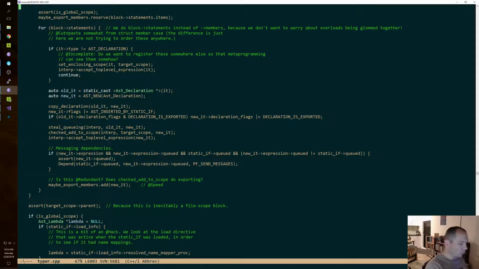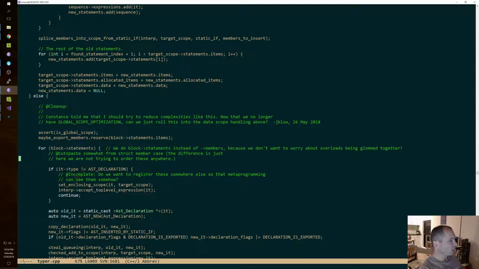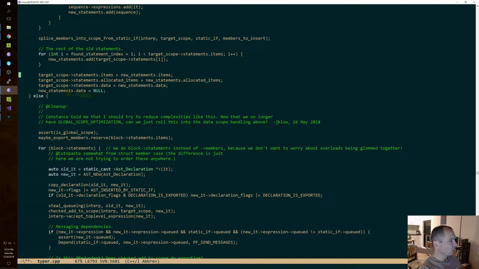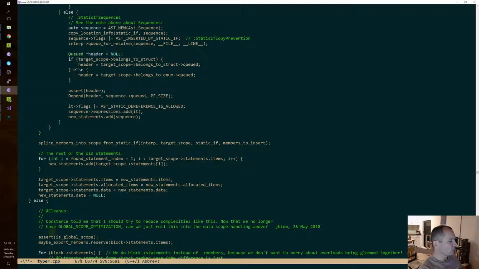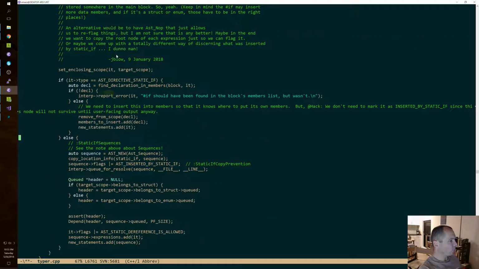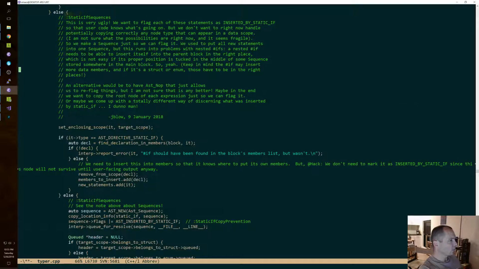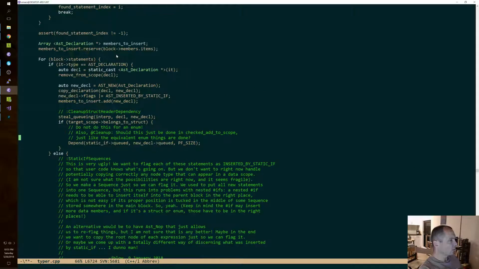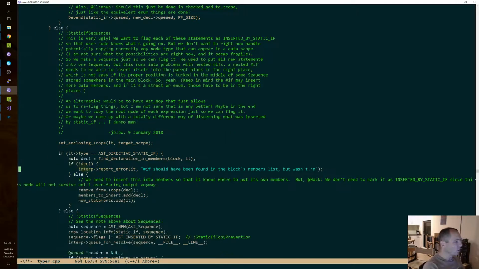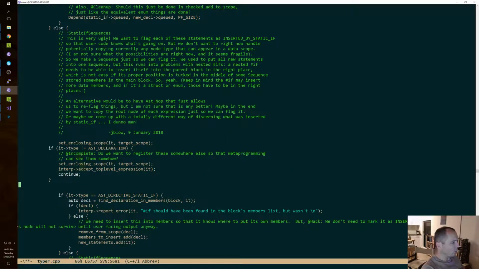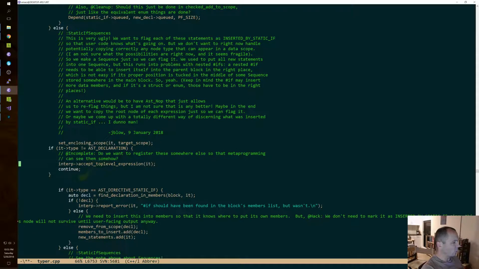Okay, if we want to fold this into this thing up here, for the non-declaration case, this is all we need to do. So if it's a declaration, otherwise we do this. Okay, set and closing scope we do in both.